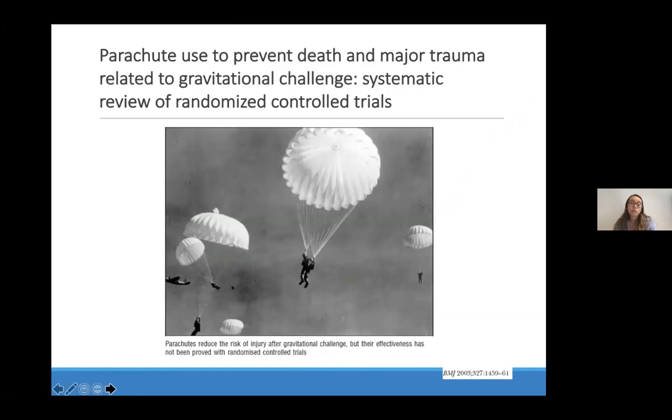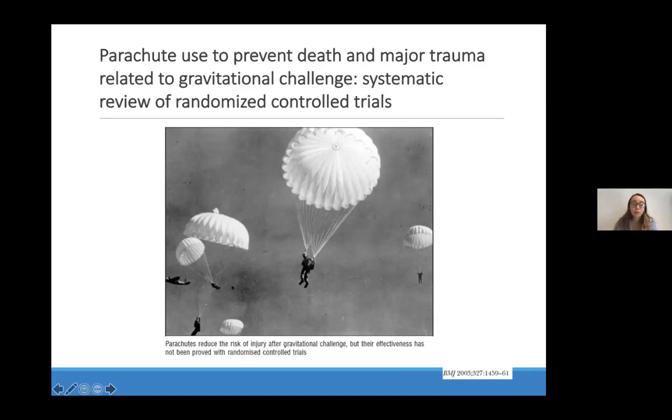And we also know that for some things it is not necessary to do a randomized clinical trial. Should we do a randomized clinical trial to show that parachutes work to prevent death? There is none, go to the literature and see. But everyone that jumps from an airplane uses a parachute. So I know it's a funny example, it's an extreme example, but just to show that, of course,